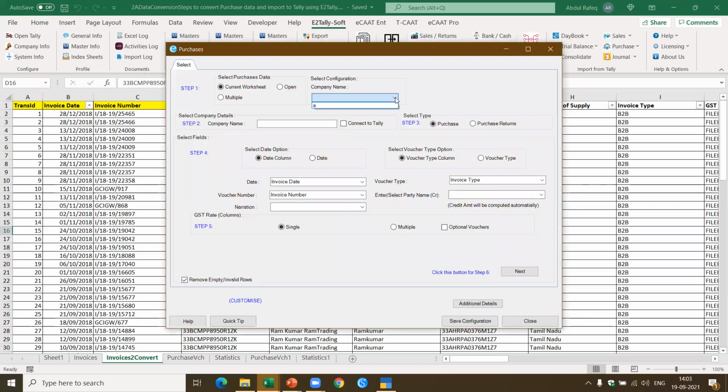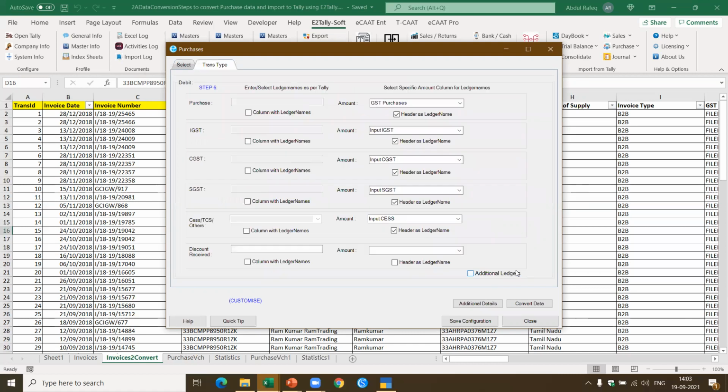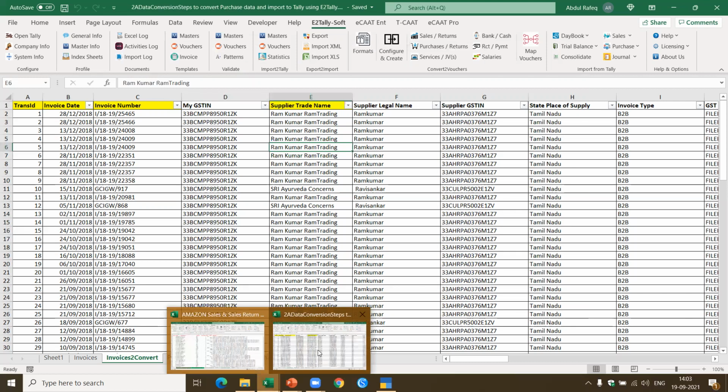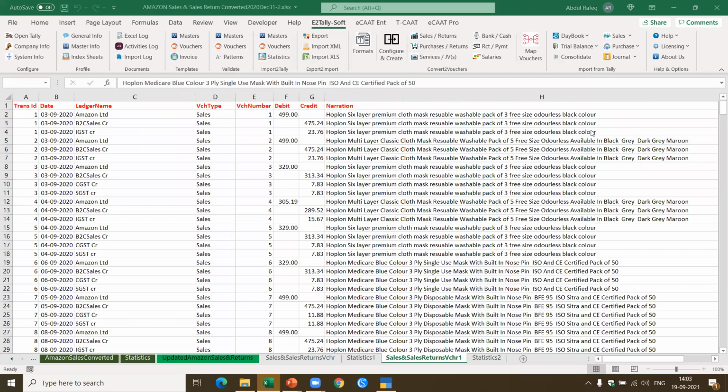This is where the configuration has been saved. Now when I select A, see, automatically the data is populated here. Whatever you selected is automatically populated. See, this is the beauty of the software. You don't need to go and do the selection again and again. Automatically, this will be saved, so you can just go and do the correction. So if you're done for 1 month, next time you want to do, just save it to the particular name and you don't need to go and select the options again and again. Automatically that will be saved. So this is how you can convert the 2-year data directly into purchases.